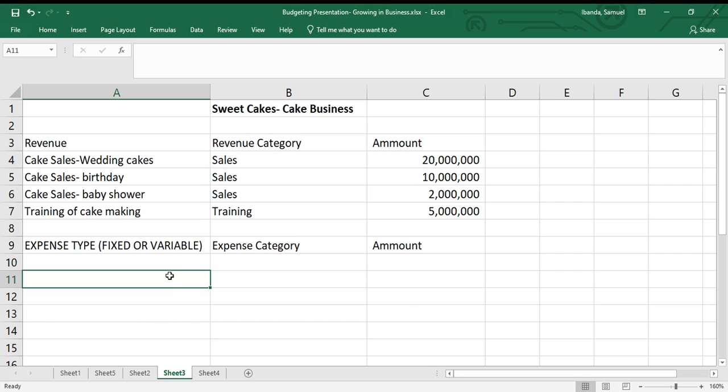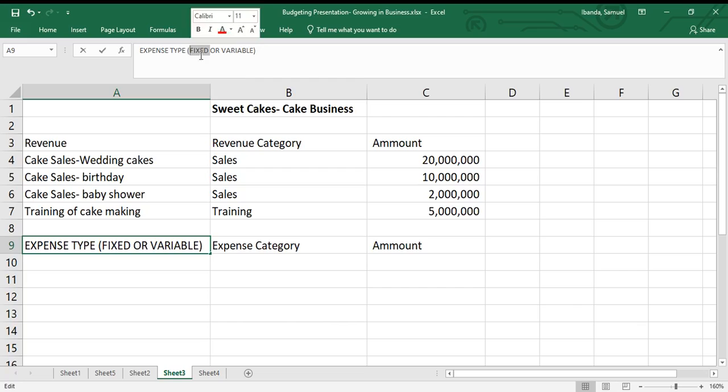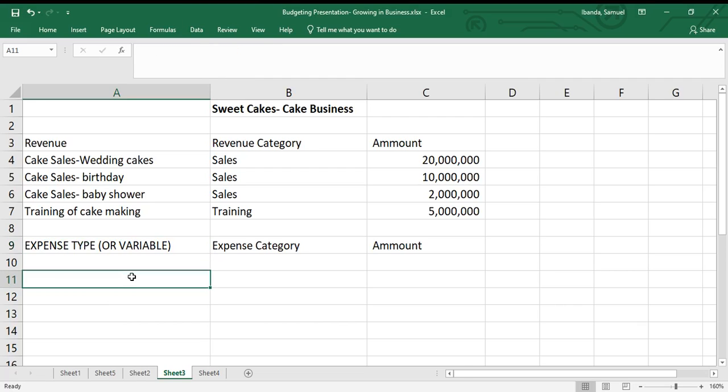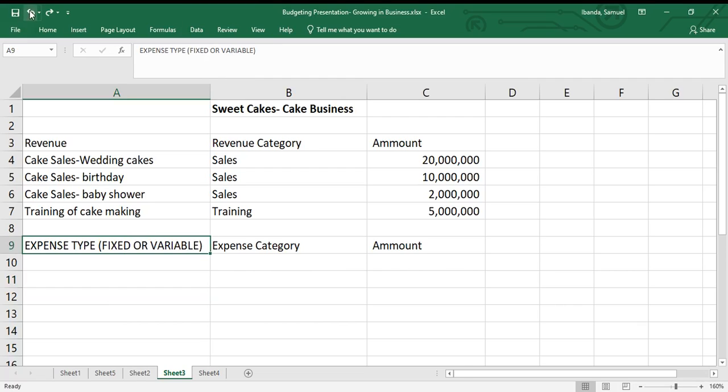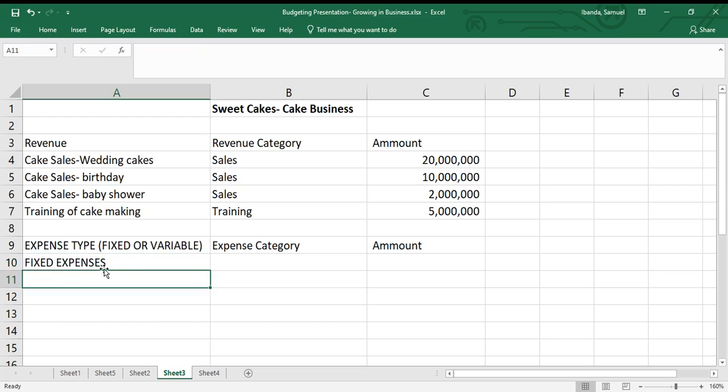Now, expenses: what we shall do, we shall start with fixed expenses. Fixed expenses. And what I said about fixed expenses is that these are expenses that you incur